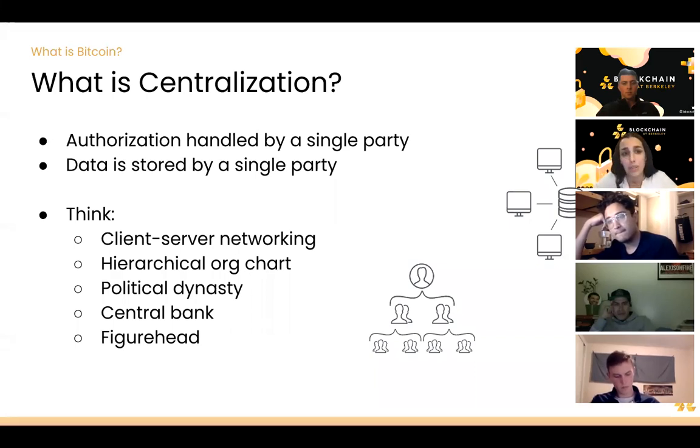And there's a bunch of different examples of this in a client server network. Let's say I want to build a website. I reach out to a server that offers websites. I'm interacting with their server and they give me a website, but my data is being stored by them. And you can think of a hierarchical organization chart. Right here on the bottom, these people, no matter how many people there are in the system, it all bubbles up to this figurehead at the top who gets to determine who has access to what, what the rules are, what the limitations are. And the people on the bottom don't really have a lot of say in what goes on in the system. You can think of it like a political dynasty, like a monarchy where they get the last word.